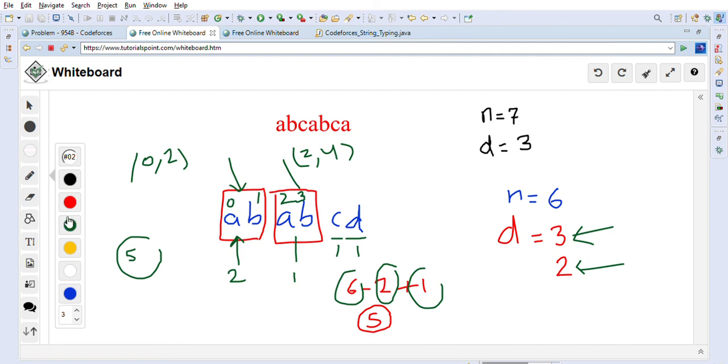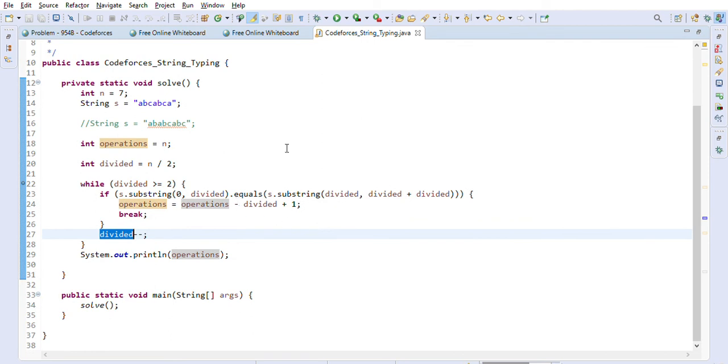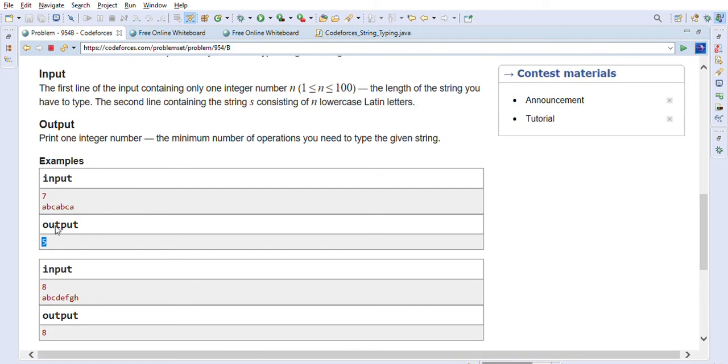Because in the beginning we tried to find a substring like this, right, ABA, but this did not help us with 3. So we reduced the substring from 3 to 2, so that this AB and AB we can find a substring, right, which is matching. So we can do the copy paste operation, correct? So we can reduce the number of operations basically once we achieve the copy paste type operation, right? So this is the logic. So let's just run this code. So we are getting the correct answer 5. So this is the example that we took, 5.